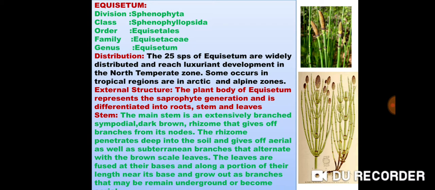First we discuss about stem. The main stem is extensively branched, sympodial, dark brown rhizome that gives off branches from its nodes. The rhizome penetrates deep into the soil and gives off aerial as well as subterranean branches that alternate with the brown scale leaves. The leaves are fused at their bases and along a portion of their length near its base and grow out as branches that may remain underground or become